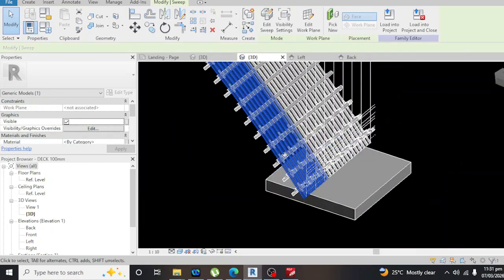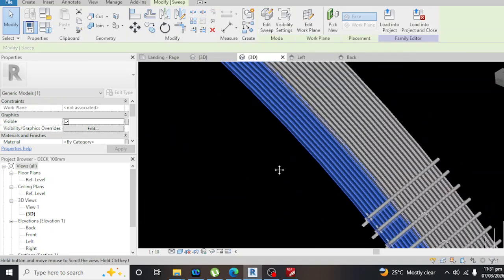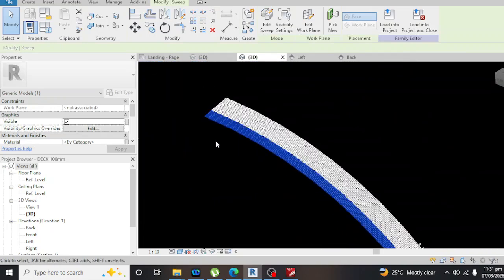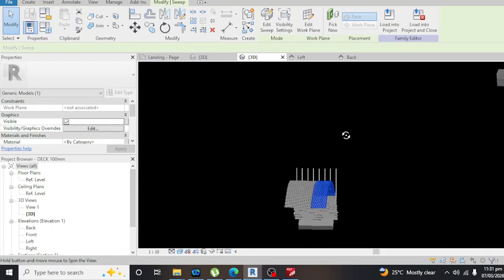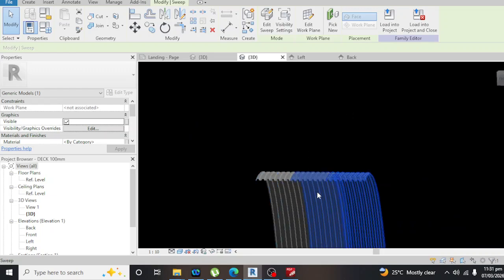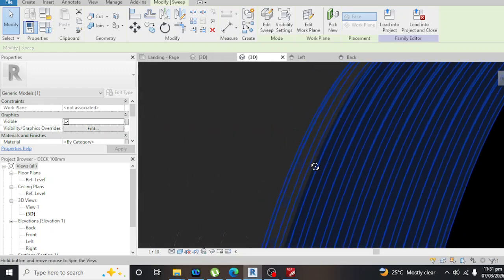There's the roof. When you scale the roof and look at the detail on the roof, guys, there's the detail.